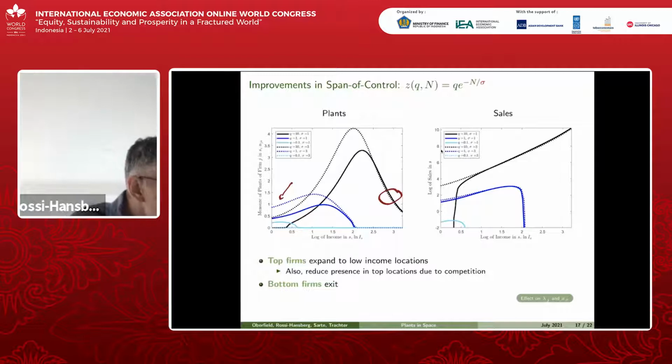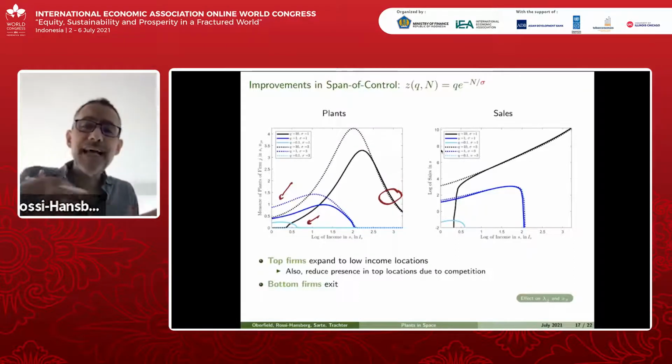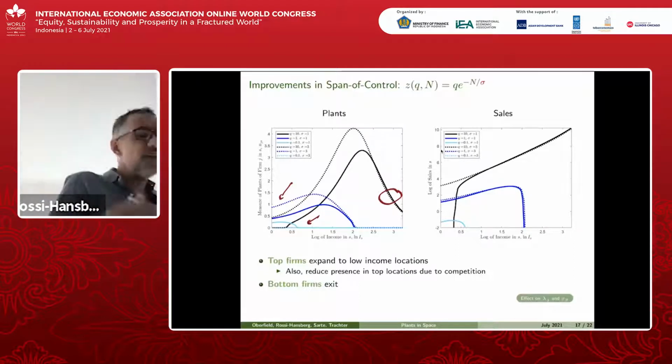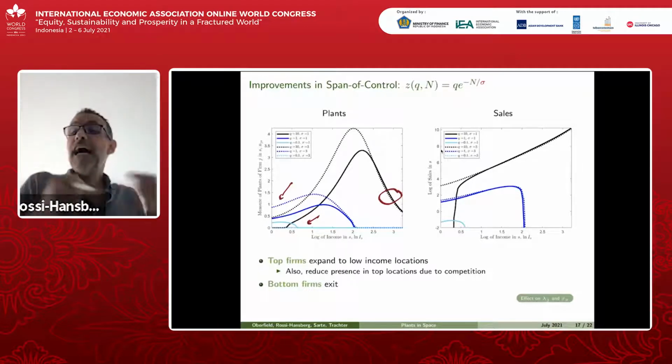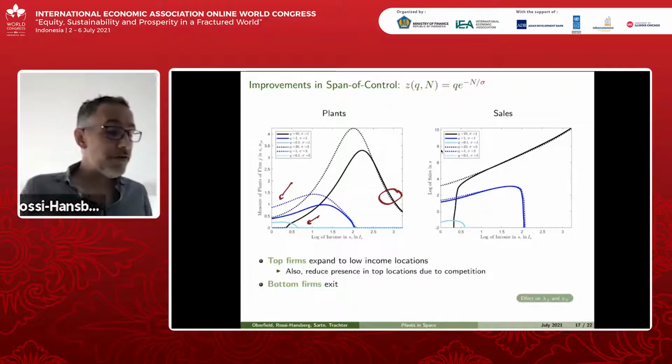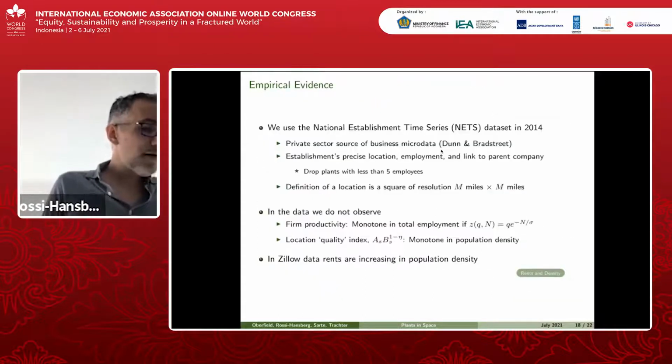And what happens to the very low productivity firms in this case? They just exit. So you see how the sorting happens and how changes in these costs, and you could do a similar exercise, for example, with transport costs, how that is going to affect where these different firms locate. And this sorting, again, is essential to think about that.